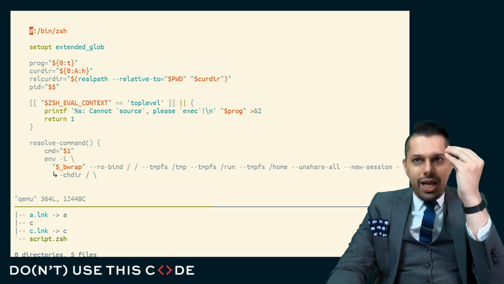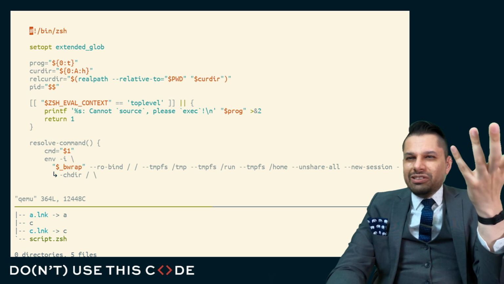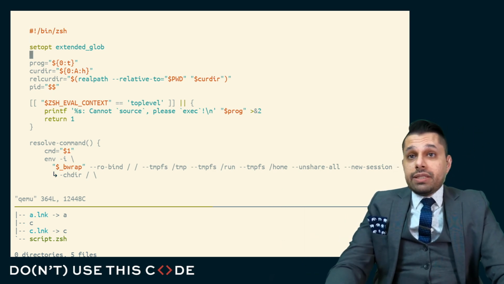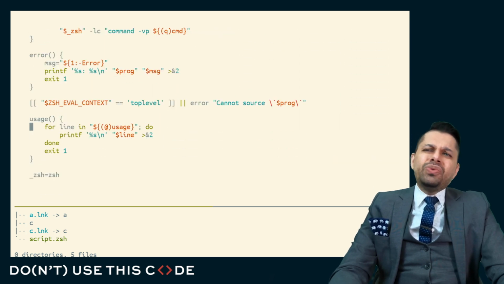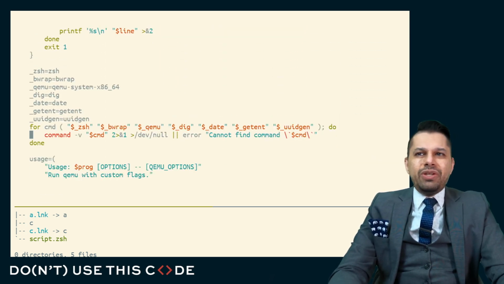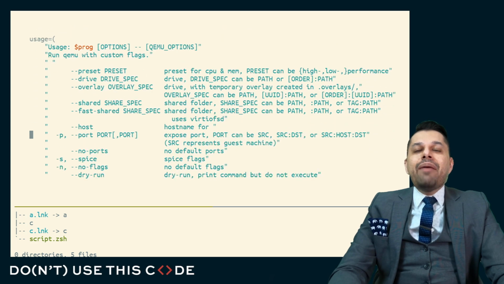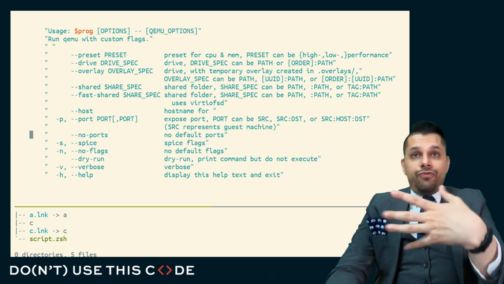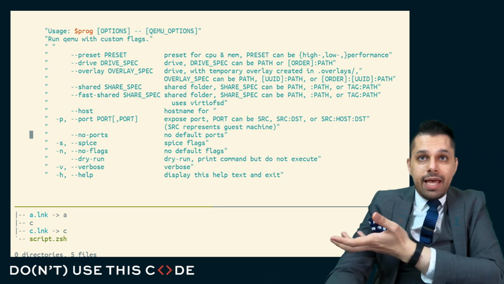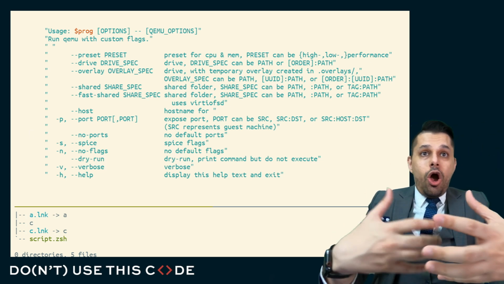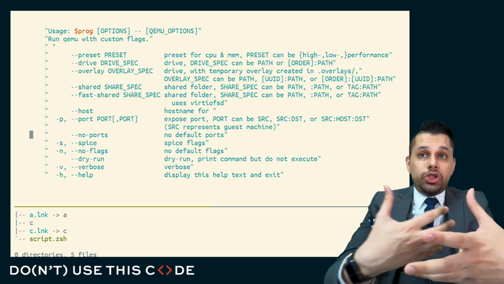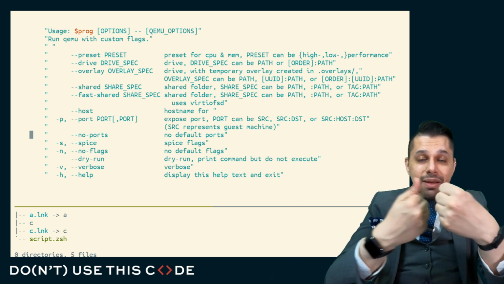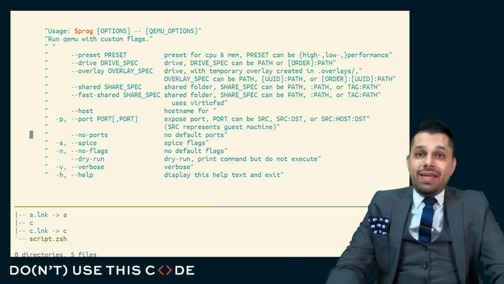There's so much functionality, but generally, when you're running QEMU, you're basically running that command over and over with a little bit of modification. So I decided one day, you know what? I do not want to have to store this in my history. I do not want to do this manually. I'm going to create my own wrapper command that allows me to do things like presets for high or low performance that automatically set how many CPUs this gets, how much memory it takes, that automatically fill out drive or overlay or shared folder using VirtIO FS,